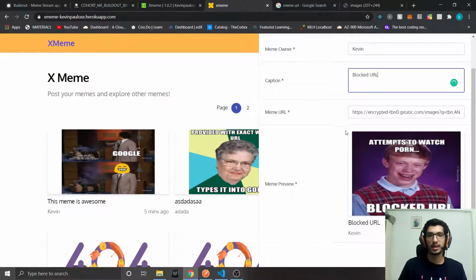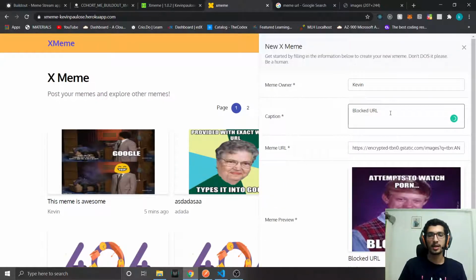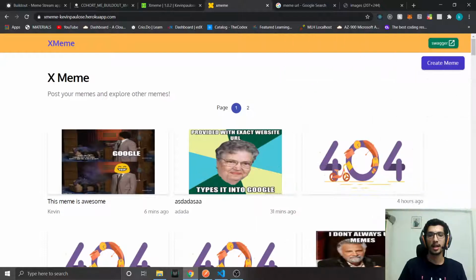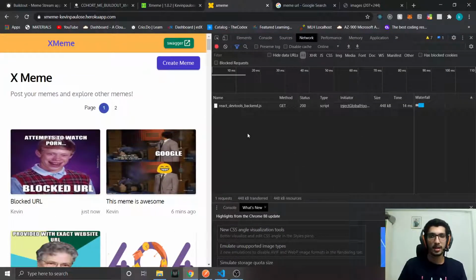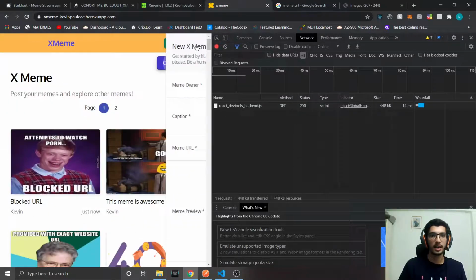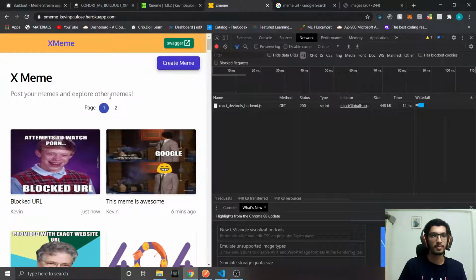All looks good. We have the meme owner, the author name, the caption, the URL, and a meme preview of how it will look, and then hit create. As you can see, I have created it and I have got a successful request.